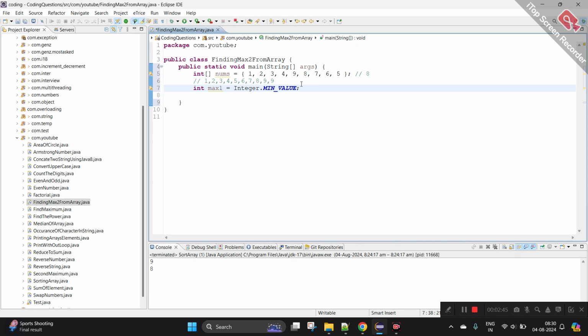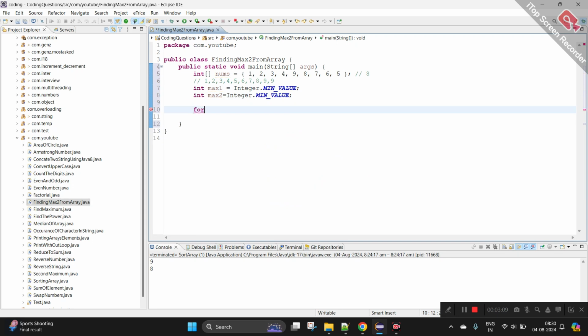So here we are taking the minimum value. We are supposing that the minimum value is the maximum value, right? We are letting it as we do in mathematics. And the second maximum is also there, max 2, also assigned Integer dot MIN_VALUE, right?